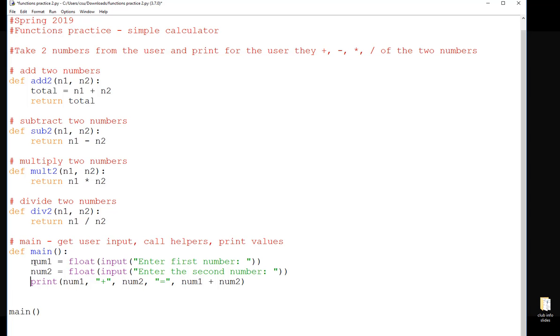And I'm going to get the numbers from the user, just like I did when I wasn't in a function. I'm just going to grab the first number, the second number. I need to cast those as a float. And then here, though, instead of adding those numbers directly, I'm going to make this call to add2 with